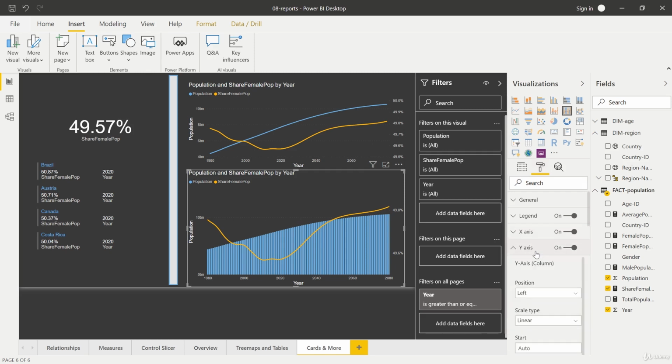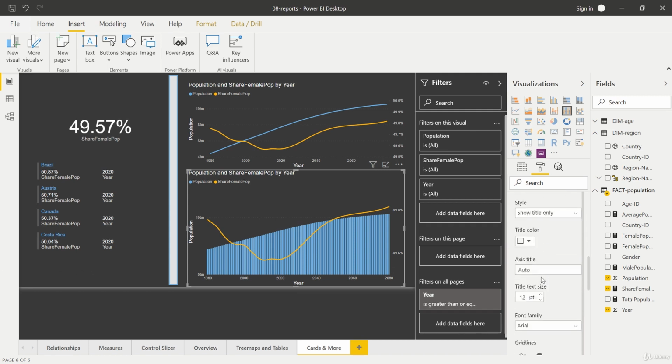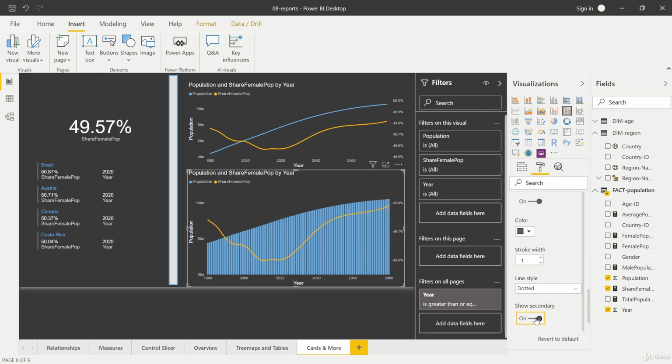Now we don't have this y2 axis option, but we have the y-axis for the column as a first option. You can see it right here. And if you scroll down, very important, inside this menu, we have a scroll option for the entire menu, and we have the scroll option down here. So you need to scroll down up to here. And then at the end of this inner menu, you have this show secondary option. Then turn this on, and now we have the secondary